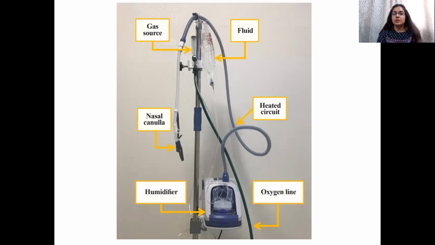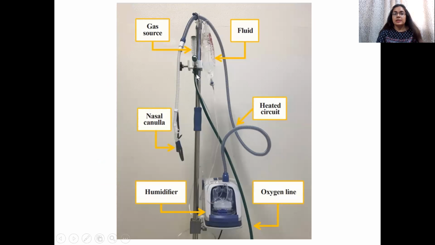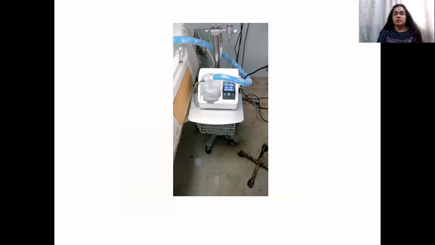So coming on to the parts of this machine, this is the oxygen line, which is attached to a flow meter over here. Again, you see the flow meter, which is graduated. You can adjust the flow. Then there is a fluid bag, which goes into this humidifying chamber. So this is distilled water. You cannot use normal saline. You can use only distilled water with this. Then this is the heated circuit. These are the nasal cannula which fit into the nose of the patient. So this is another model which is available. There is a single flow control knob over here which will control all these parameters, and here you can control the oxygen.